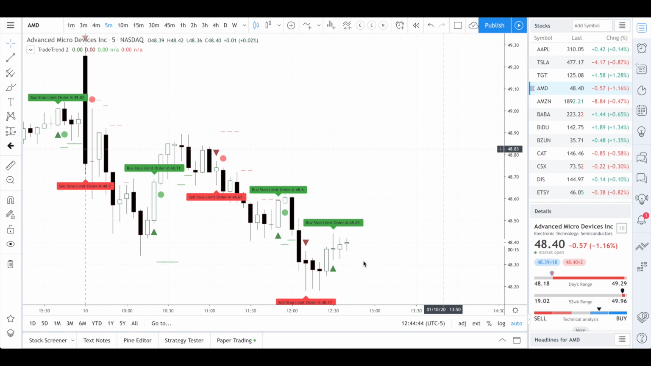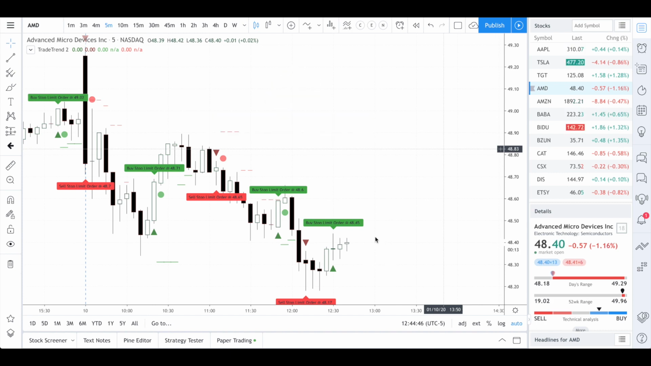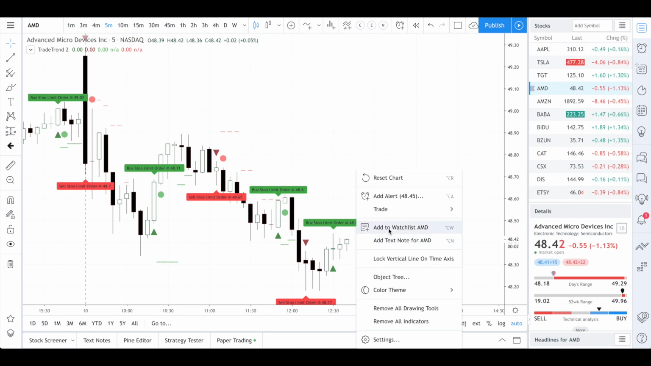I'd like to show another video of the power of Trade Trend during real-time market hours. We're looking at AMD here on the 5-minute chart. Trade Trend has given us an indication of a possible bullish setup, a buy stop limit order of 48.45. And so I'd like to go ahead and maybe put that trade on, and we'll see if we can get